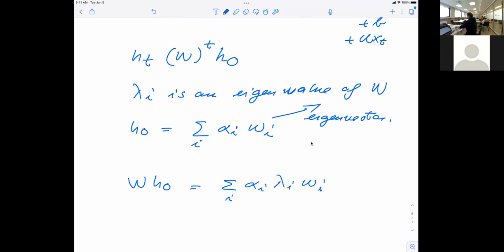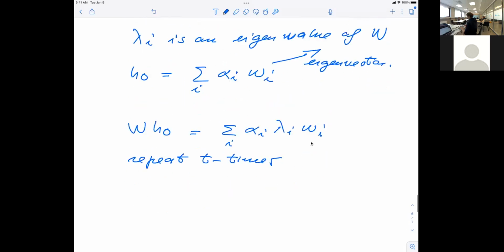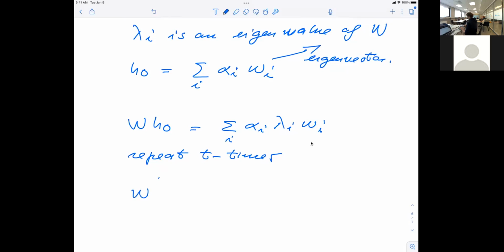And if you repeat this t times, then what we have is W to the t times h0, which is this h of t. Since we're acting with the same matrix on the same eigenvectors, we get alpha i lambda i to the power of t